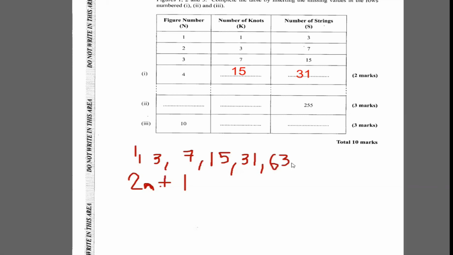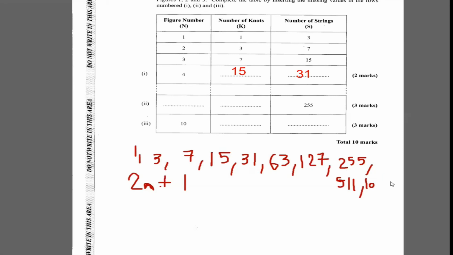After you add 32, you add 64 to get 127. So this is first one, second one, third one, fourth one, fifth one, sixth one, seventh one. The eighth one, you would have to add 128 to get 255. Then the ninth one, you have to add 256 to get 511. And then you add 512 to this to get